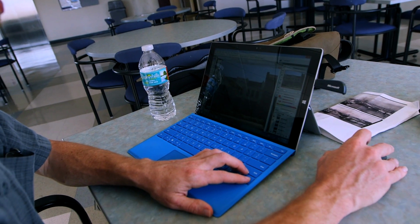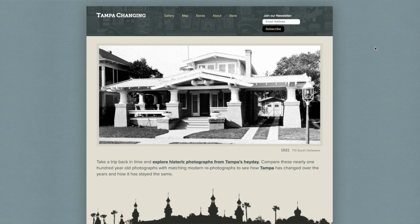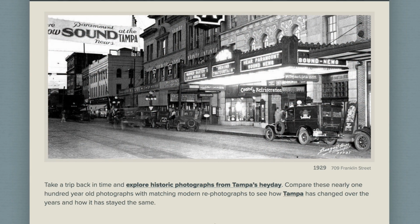So I have a website, tampachanging.com, and that's where I display these images. I made it so the two photos fade back and forth. You see one photo really big and one small, and you click on it, and then the next one fades to it, so you can really see the changes and the differences between